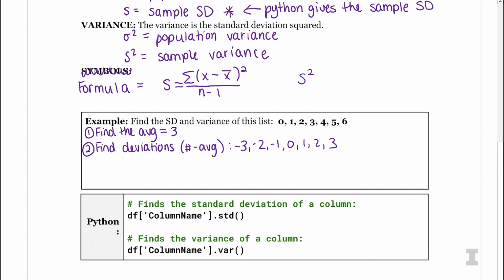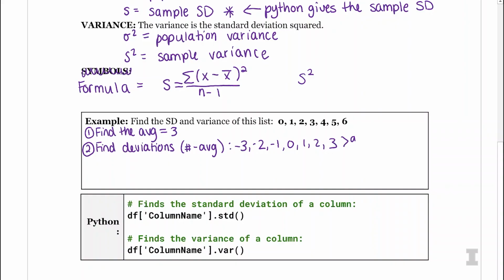And you'll notice, what do these deviations sum to, Wade? So those deviations will sum to 0 because all the negatives and positives cancel out. Exactly. All the negatives and positives cancel out. And that's actually something that we're always going to see with deviations. So the deviations, I'm going to make a note here, always sum to 0. So you can kind of check yourself if you're doing this by hand to make sure that you did everything right. So now we have all these deviations. We know how far every single number is from the average. But if we just find the average of those deviations, we get 0.